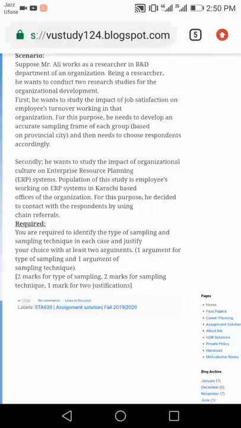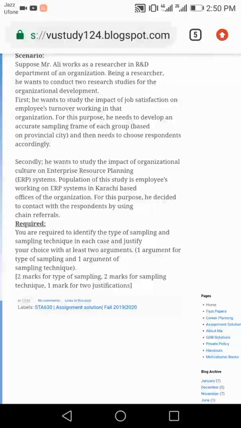So here, there are so many offices, and they are working on the ERP system. For this purpose, he decided to connect with respondents by using chain referrals. So first he contacts one person, then he gives further references. In this way, he found a lot of chain referrals from one reference to another